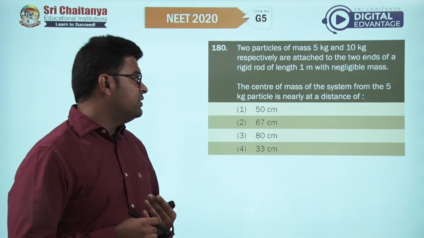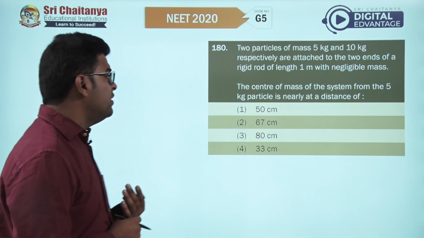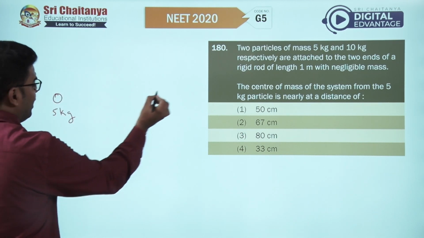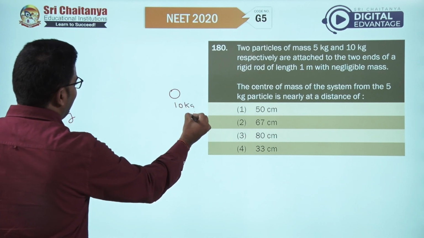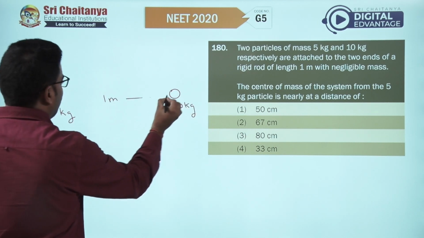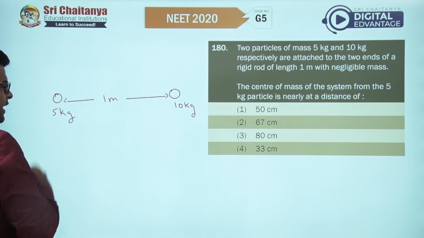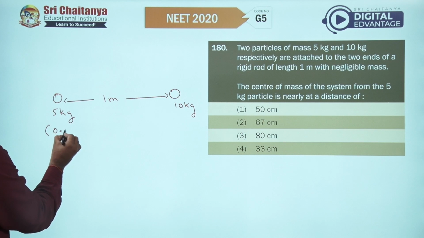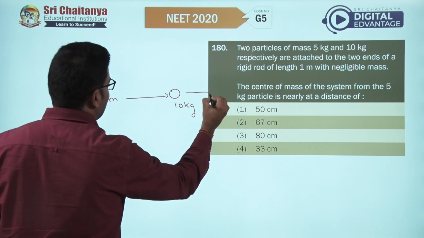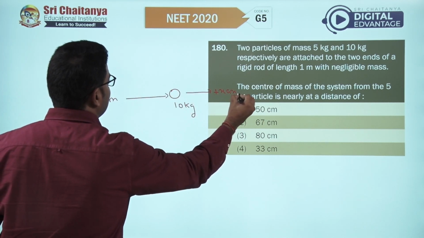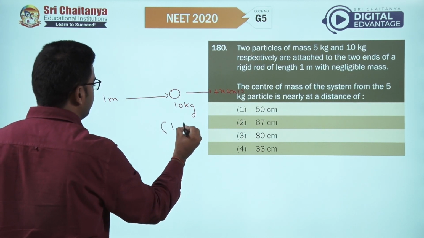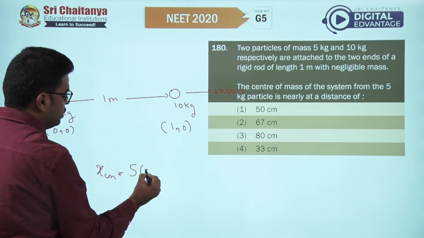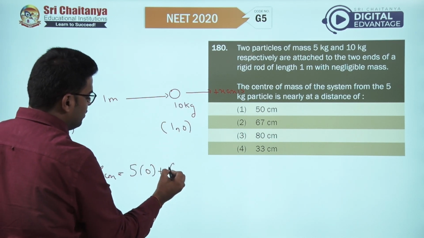The center of mass of the system from the 5 kg particle is nearly at distance of. So, here we have a 5 kg particle and another 10 kg particle, and these two particles are separated by distance of 1 meter. So, we need to find the distance of center of mass from the 5 kg particle. So, take this one as origin. So, if you assume this as the x axis, you will say that the coordinate of second mass is 1, 0. So, you will simply write, bacho, xcm equals m1 x1, 5 into 0, plus m2 x2, 10 into 1,